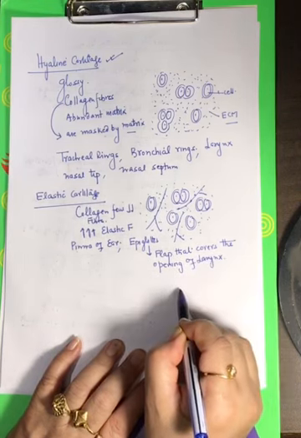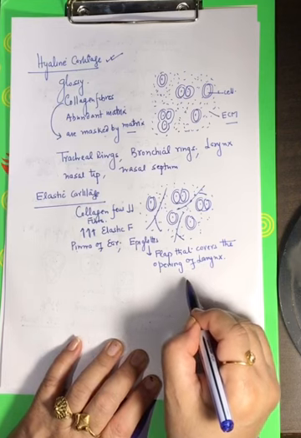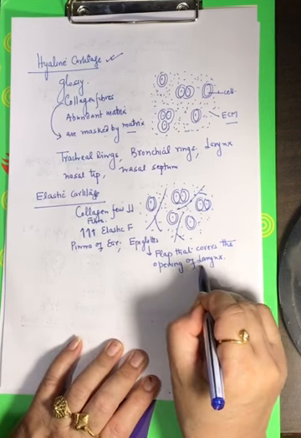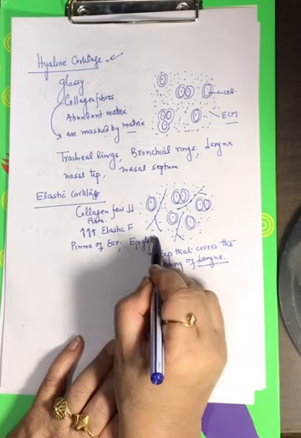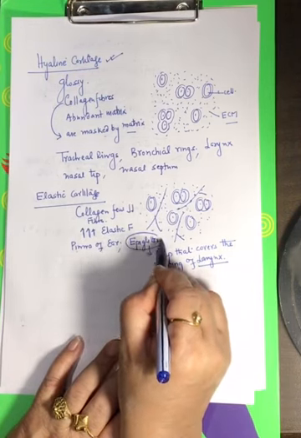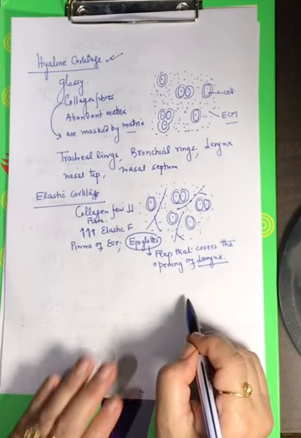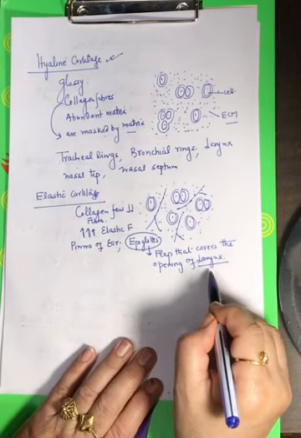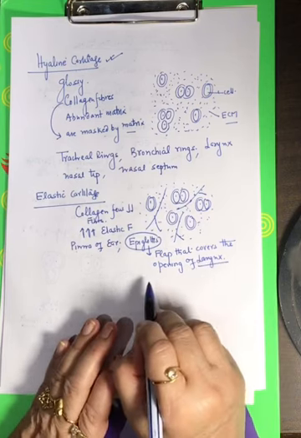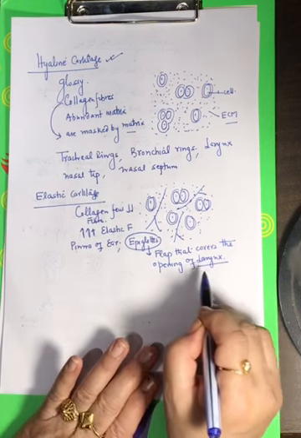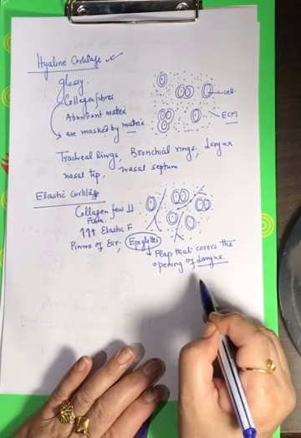Right? So that at the time of swallowing, the food should not enter the respiratory passage or air passage. So this epiglottis, it covers the laryngeal opening, the opening of the larynx. At the time of swallowing, the epiglottis will cover the larynx so that the food should not enter the air